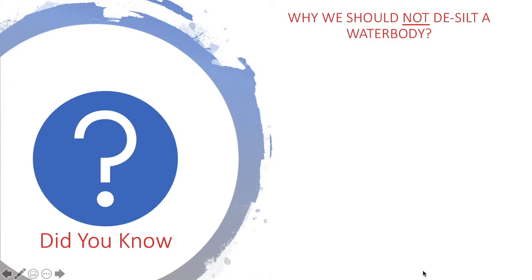Today we will be talking about a process called desilting, which has been used across India and the globe for water body rejuvenation. Before we start, the first thing we need to understand is what is silt, right? So silt is produced naturally within the water body